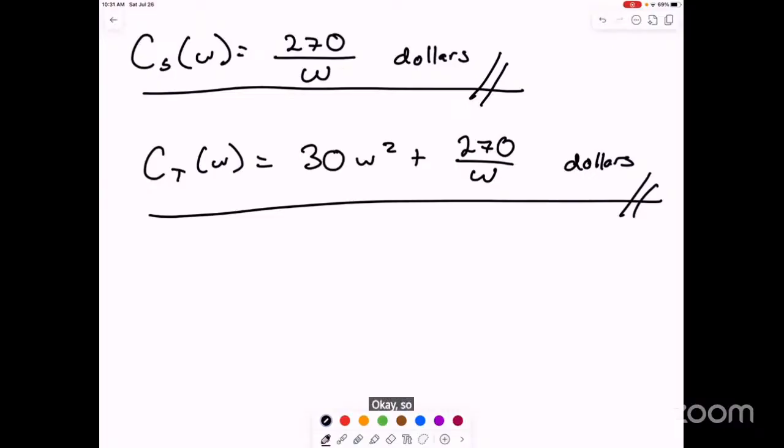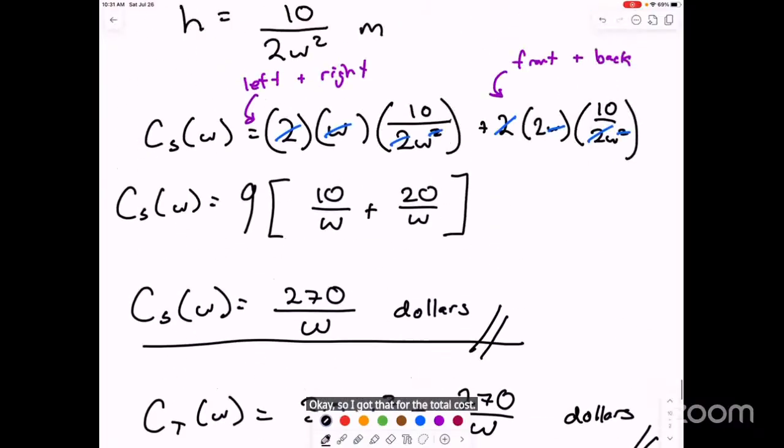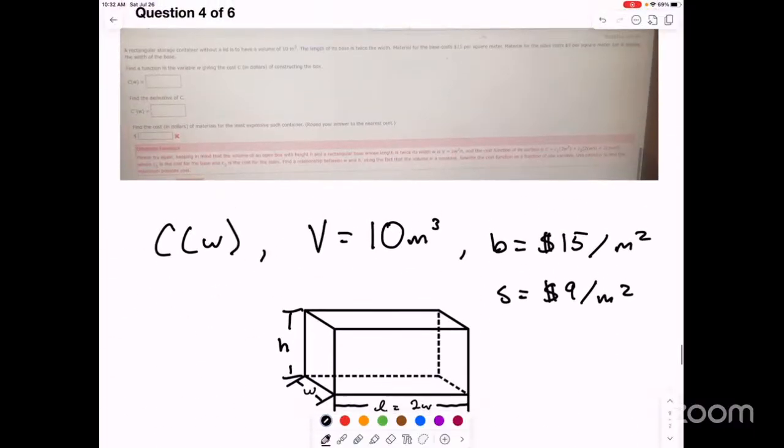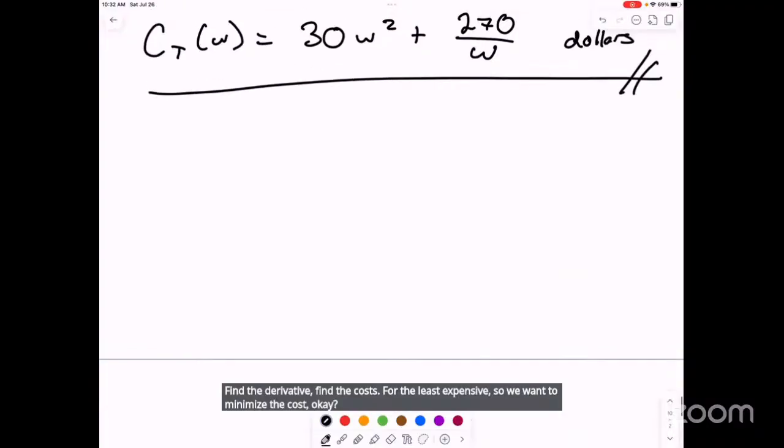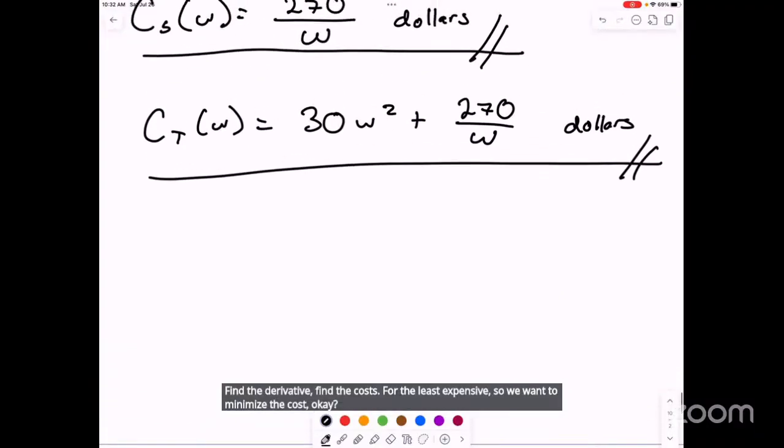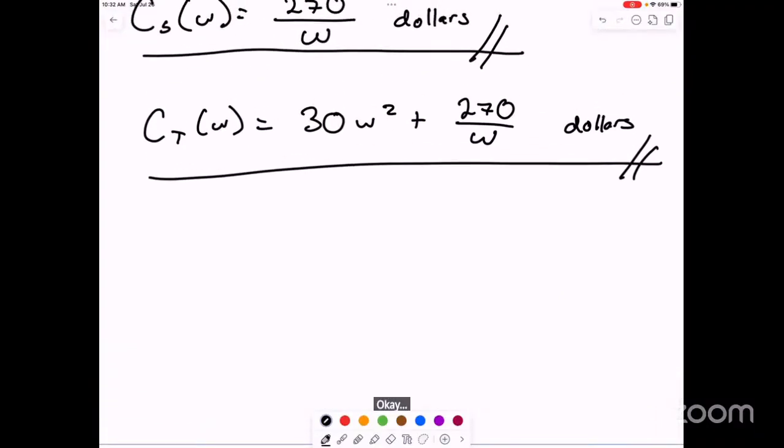Okay, so I got that for the total cost. Find the derivative, find the costs for the least expensive, so we want to minimize the cost. Okay. So then C prime